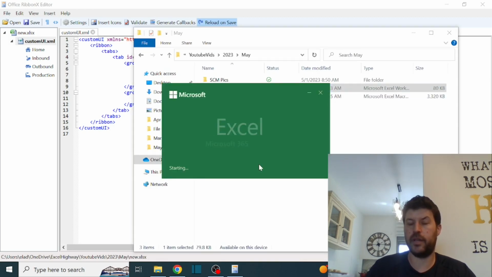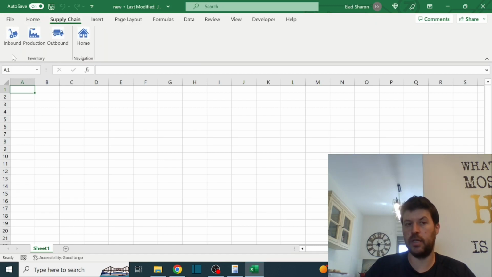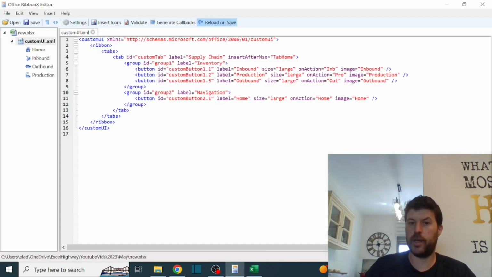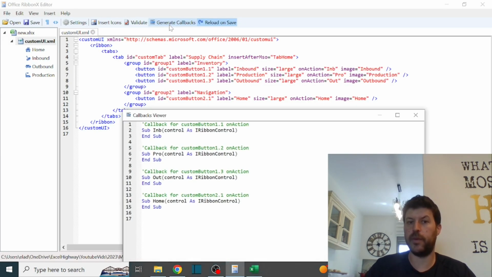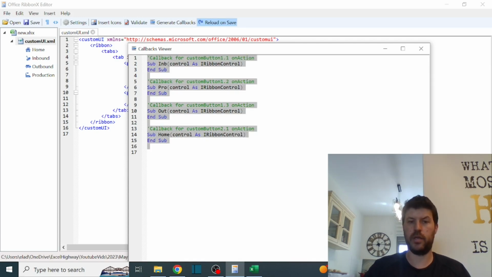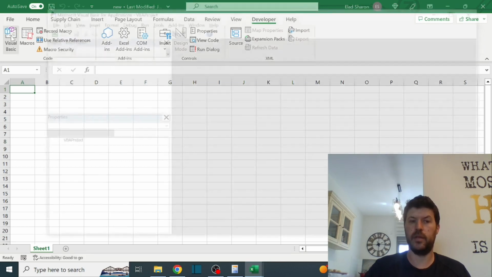I click on the file, and now you see the name changed to supply chain. I have one tab with 3 buttons and one tab with 1 button. It's not going to work because I didn't set up all the macros. But now just to show you the next step, you go back here, you click on generate callbacks, and this gives you this text. I just Control A, copy, go back here, developer, Visual Basic,